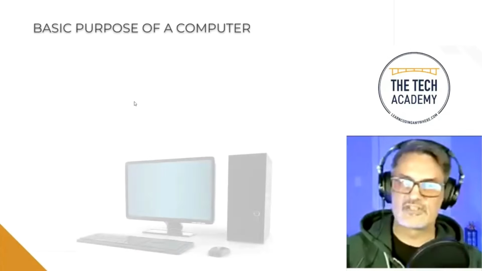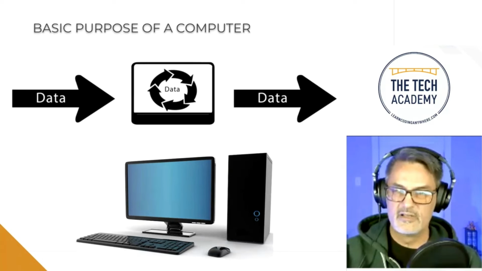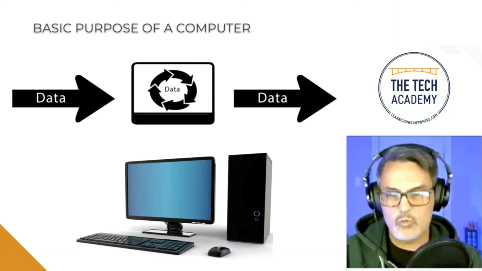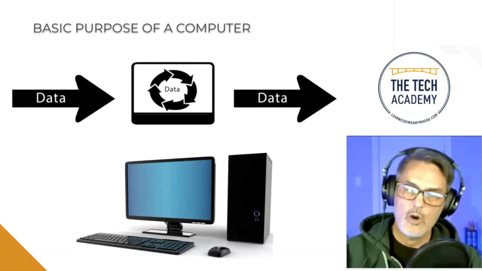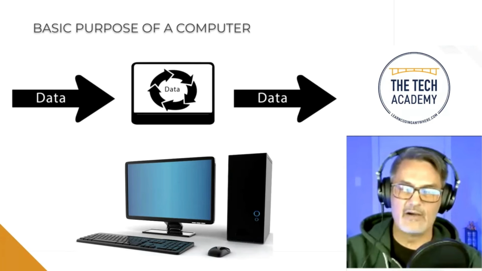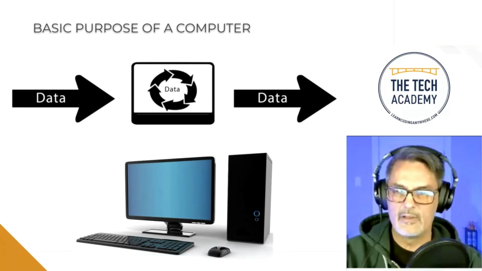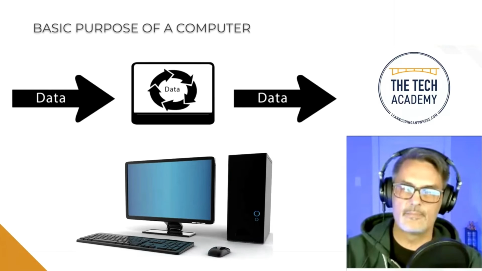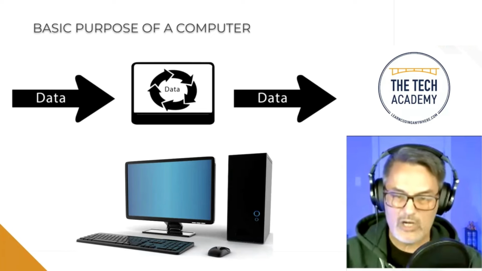All right, so artificial intelligence. Now, we can do a lot of things with computers. This isn't about what you do with them. It's about why did we even create these tools in the first place 70 or 80 years ago? We created them to be able to take in data, to process that data in some way, and to send that data on. And again, I know that seems rather simplistic, but that's actually what computers do.